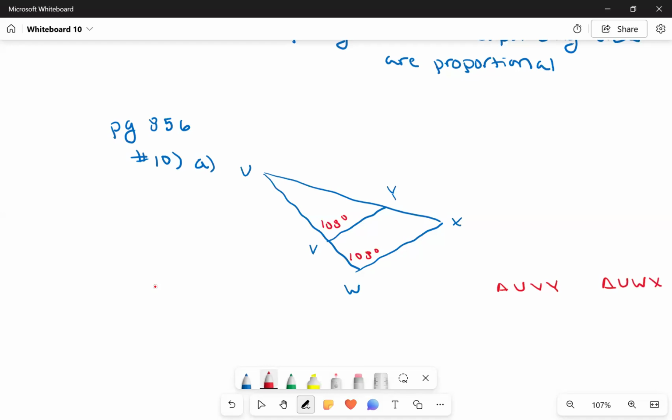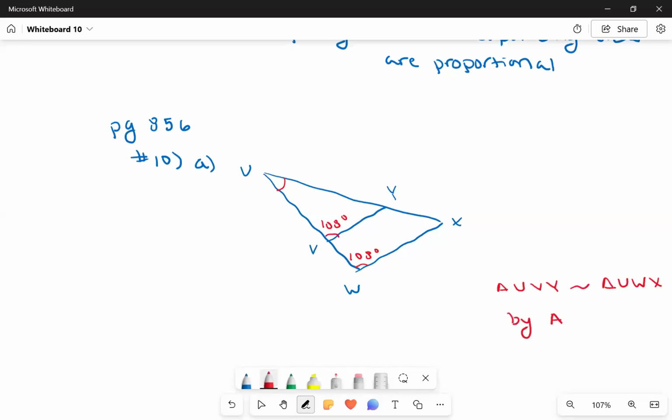UWX, okay? So the smaller one versus the bigger one. I know one of the angles is equal. This angle right here is obviously the same. There is another angle, however, that's equal, and that would be the top angle because they both have U as their top vertex. So since angle U is the same for both of them, these two are similar